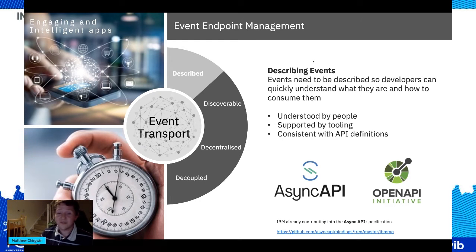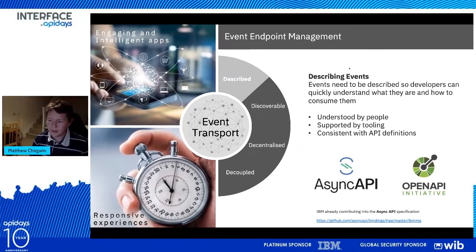So one thing I just want to mention as well, Async API is a really fantastic and vibrant community. It's one that IBM is a part of and has made contributions to. So we have, for example, made contributions around Kafka and security of Kafka, but also equally, we've also provided a full description and binding for IBM MQ. So you could completely describe an MQ queue manager and the semantics around that using the Async API definition as well. So we're trying to participate and contribute to the evolution of the specification as we go as well.